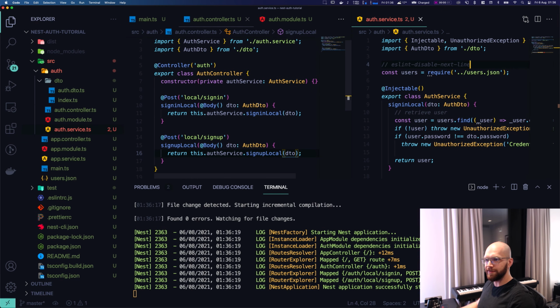Right now we are returning the user, but obviously we don't want to return the user. We need to return something that will represent the user, but not the user, and that's going to be a JWT, a JSON Web Token. So what are JSON Web Tokens? So let's go to